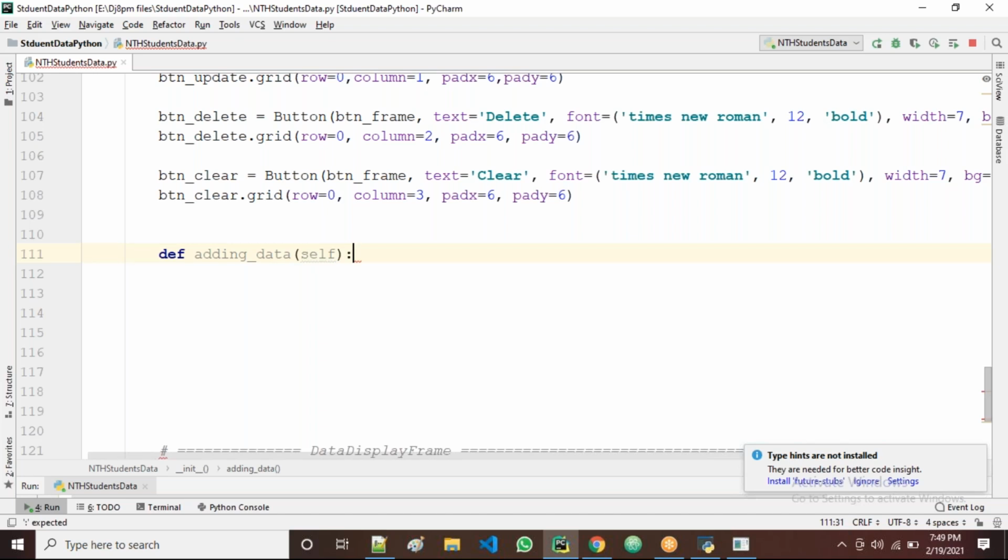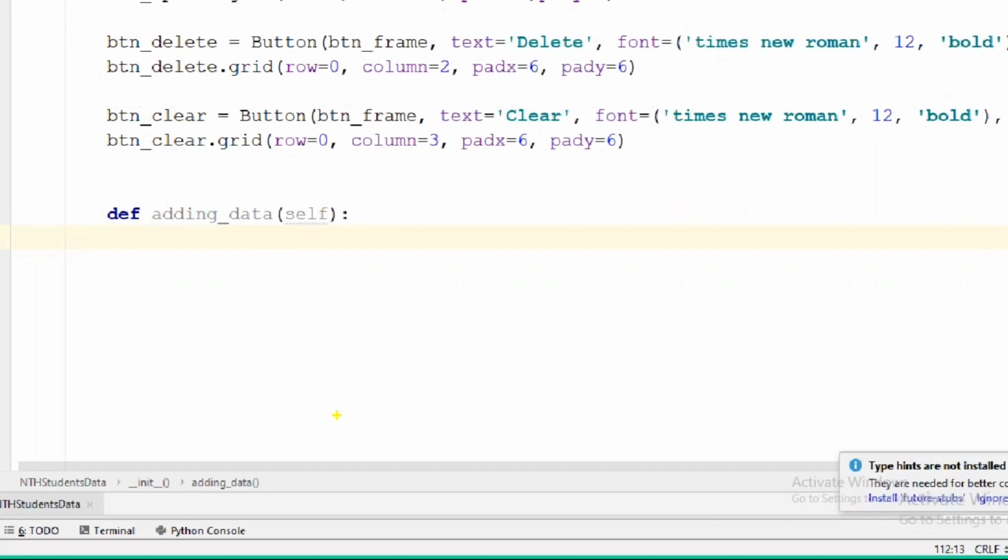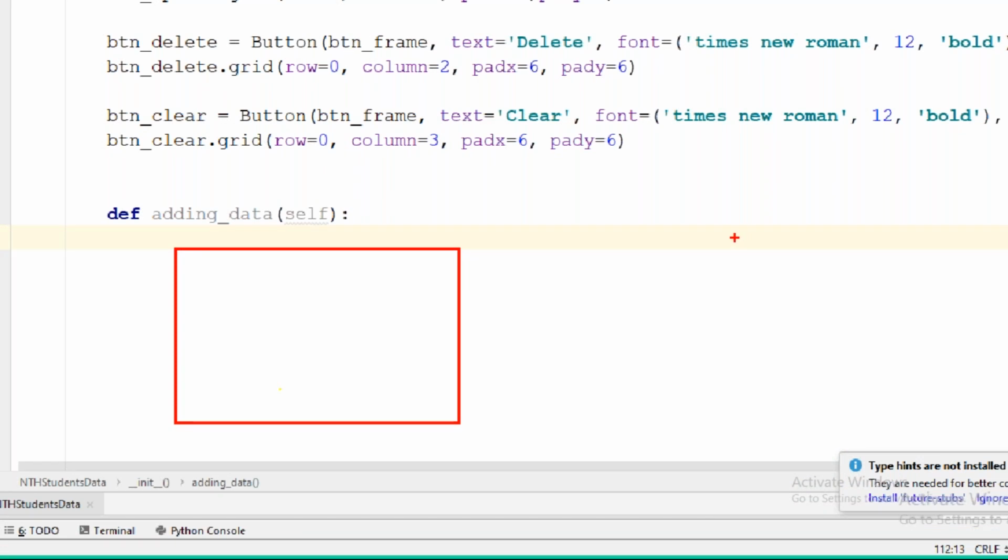Okay, self, guys. Now all of you observe. So first, what I'm going to do now? I'm going to create which one now? The connection between this Python file, this project, and the database, guys.